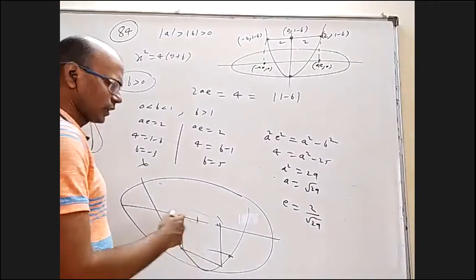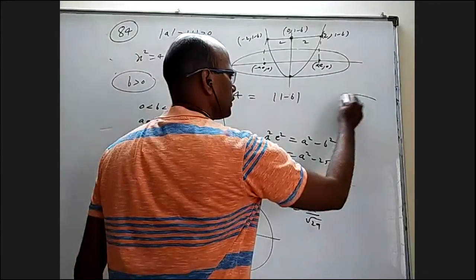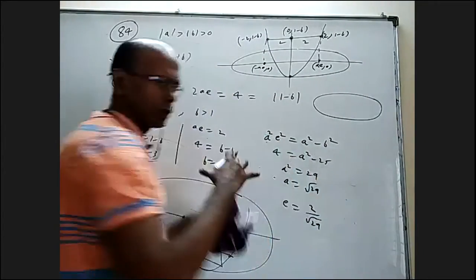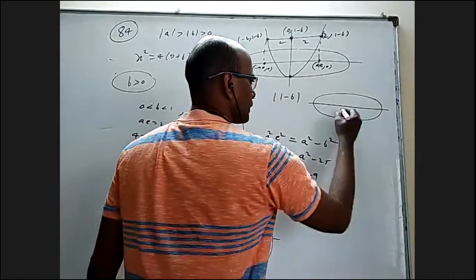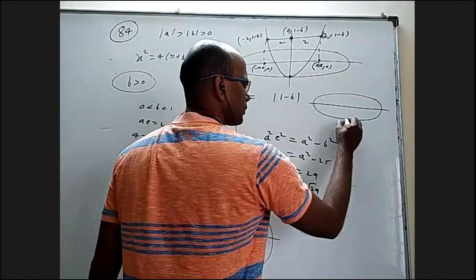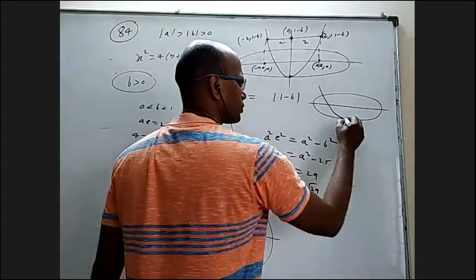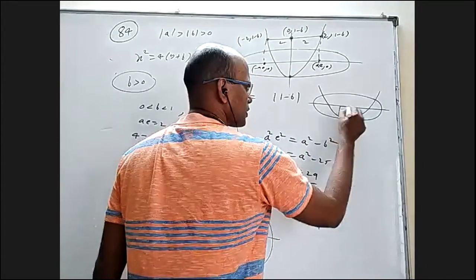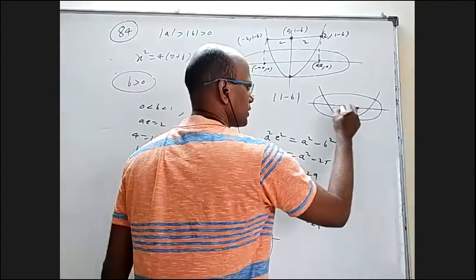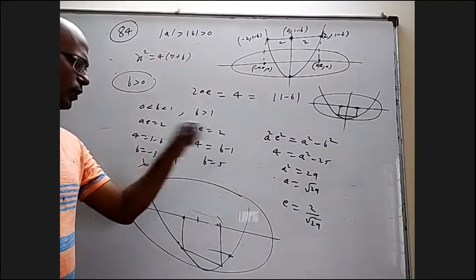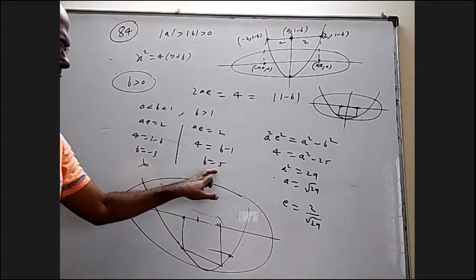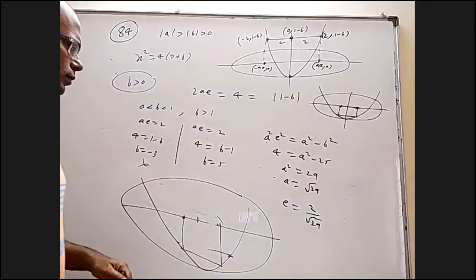I should draw some figure like this also. But you should not draw the ellipse too broad, somewhat like this, where you take the parabola and draw like this. First construct the square and then put the foci here. You can see here a is very small, b is quite big, even a is also quite big.